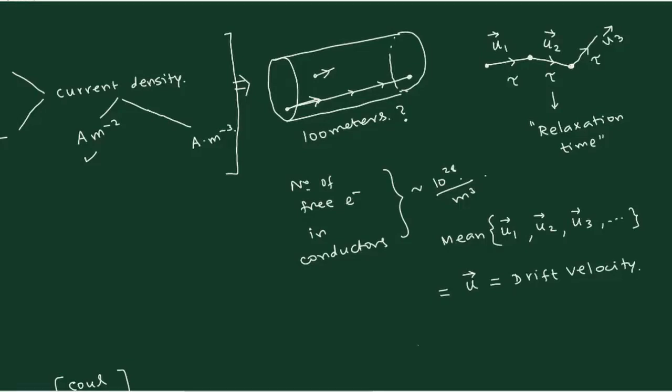Instead of saying it is the speed of the electron, because that's not a good word now, since it cannot travel continuously with the same speed, we can't use a simple word like velocity of the electron or speed of the electron. Instead, we give the name drift velocity, which means the average velocity experienced by the electron during the relaxation period.